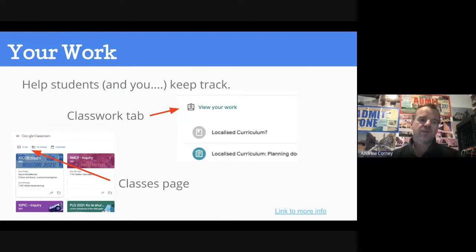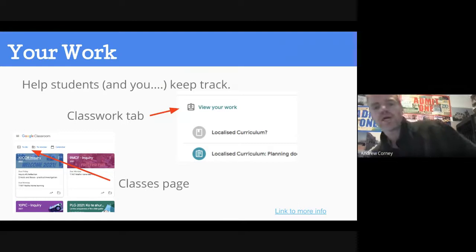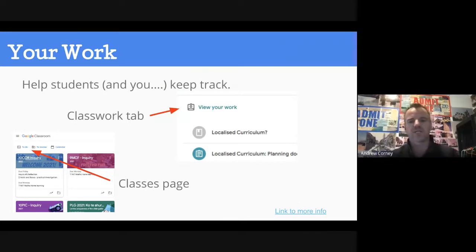Also teaching the kids about how to access the tasks that they've got coming up to you. Sometimes kids think they're on track, but they've often missed out on assignments that you've set across different subjects. So that idea of viewing their work, and then also your one that's in the to-do